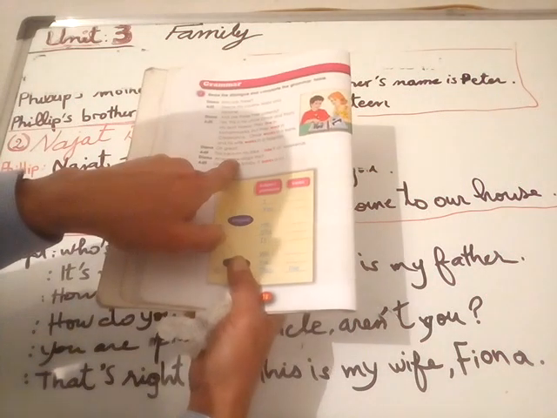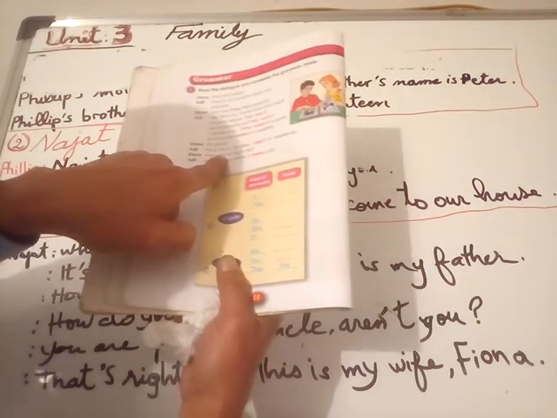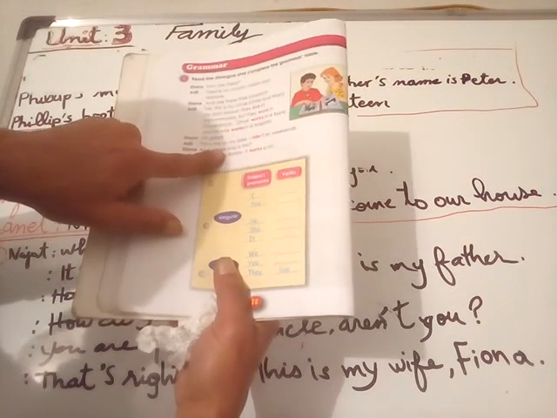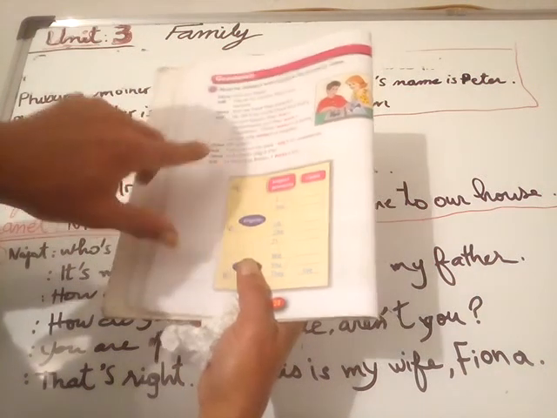So the difference between whose and this: this is only one word. This word stands by itself. You cannot separate